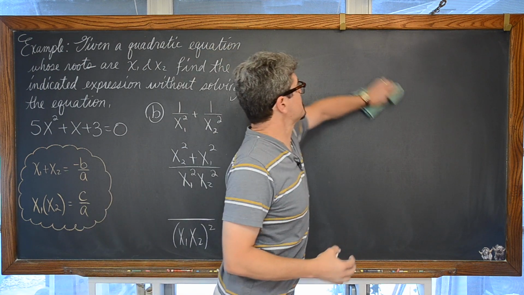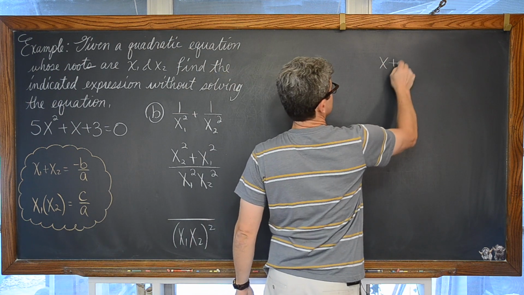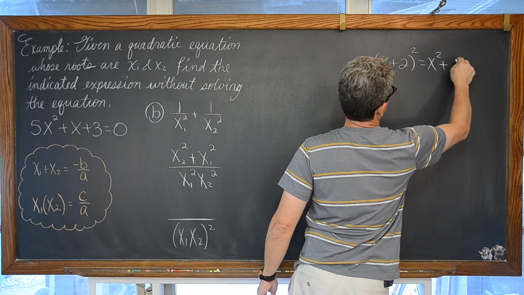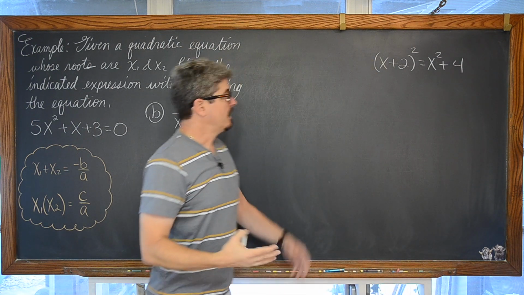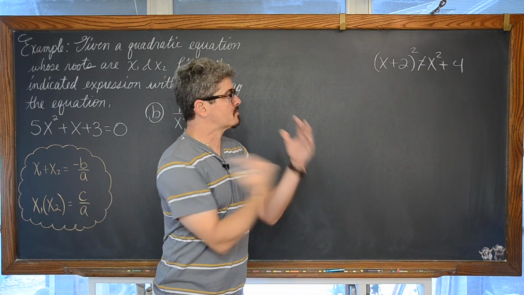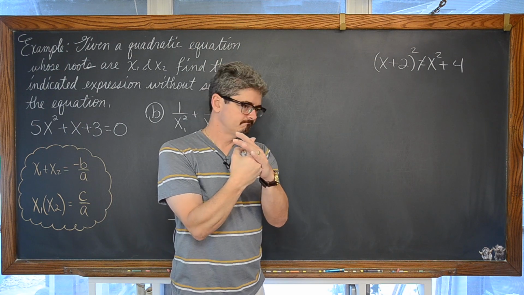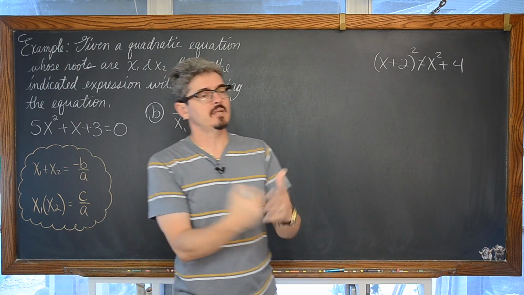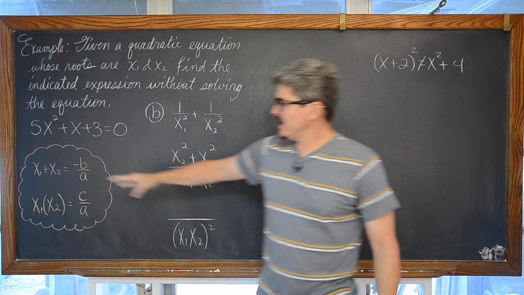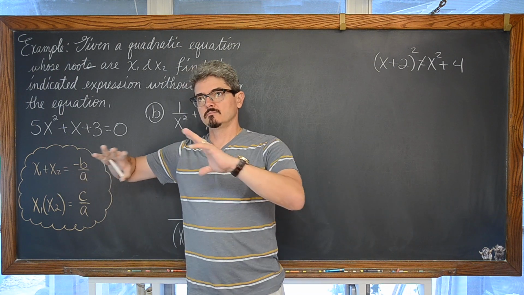You know, it really kills me that all the time I get kids writing things like this: x plus 2 squared is x squared plus, well, 4, because I do 2 squared. And I go, no, no, no, come on. You're making me just die a little bit inside. When you square a binomial, you are supposed to have 3 terms. Any binomial squared is 3 terms. And you know what? I need to have an x, basically x sub 1 plus x sub 2 somewhere.